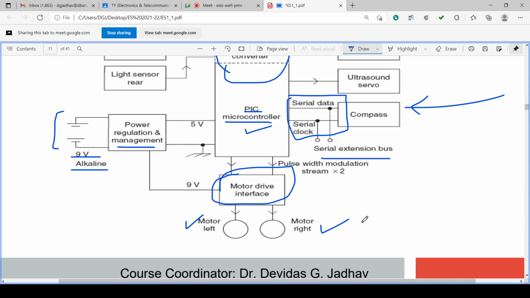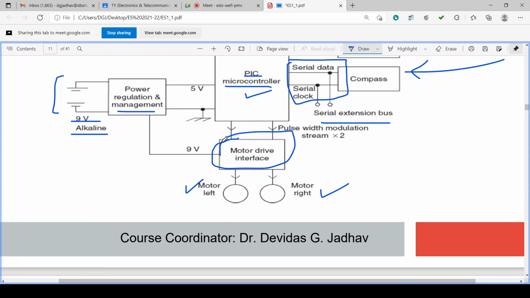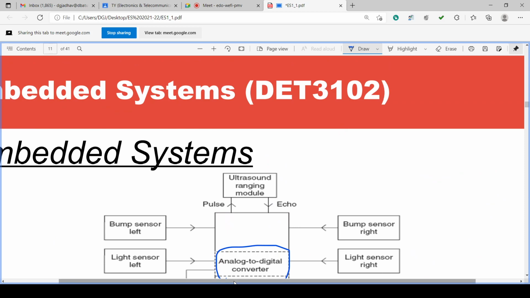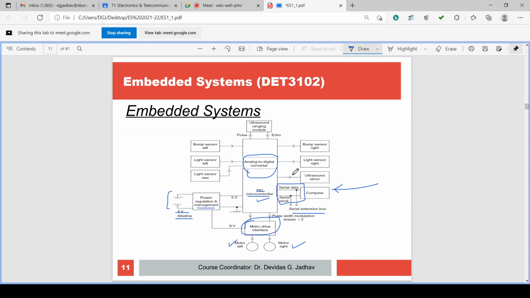And what action, how much action, what is the torque, what is the angle, what is the speed, everything will be controlled by the microcontroller. Okay. But the microcontroller does not actually have the capacity, the power, to run the motor. The microcontroller can only give the signal and not the power. Understand the difference between signal and power. Okay. So these are the different parts, we can say, of the embedded system.